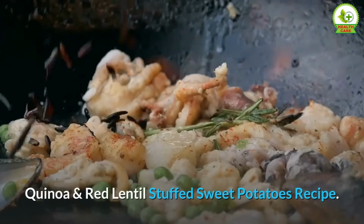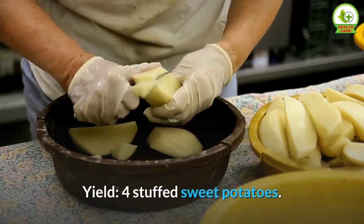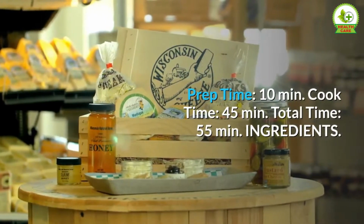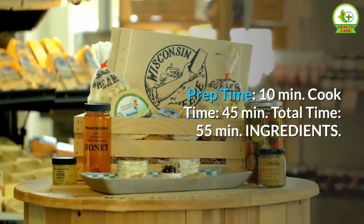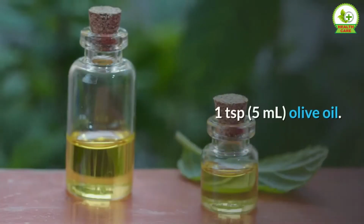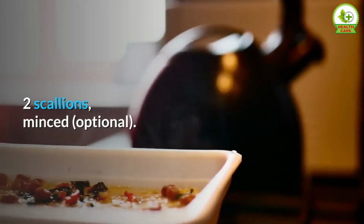Quinoa and red lentil stuffed sweet potatoes recipe. Yield: 4 stuffed sweet potatoes. Prep time: 10 minutes. Cook time: 45 minutes. Total time: 55 minutes. Ingredients: 4 medium sweet potatoes, 1 teaspoon (5 milliliters) olive oil, 2 scallions, minced (optional),